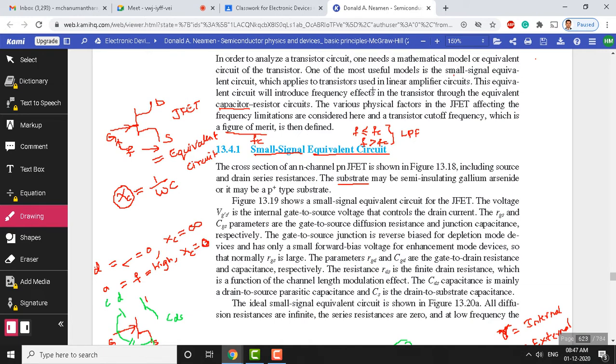The frequency is one of the important parameters of any device. What frequencies it passes and what frequency it blocks. So that's very important to understand about the device. Every device we expect to pass all frequencies, but it doesn't happen like that. The reason is there are effects within it. You can see there are parasitic elements like capacitances, resistances within that will limit the passing frequency from the input side to the output side.